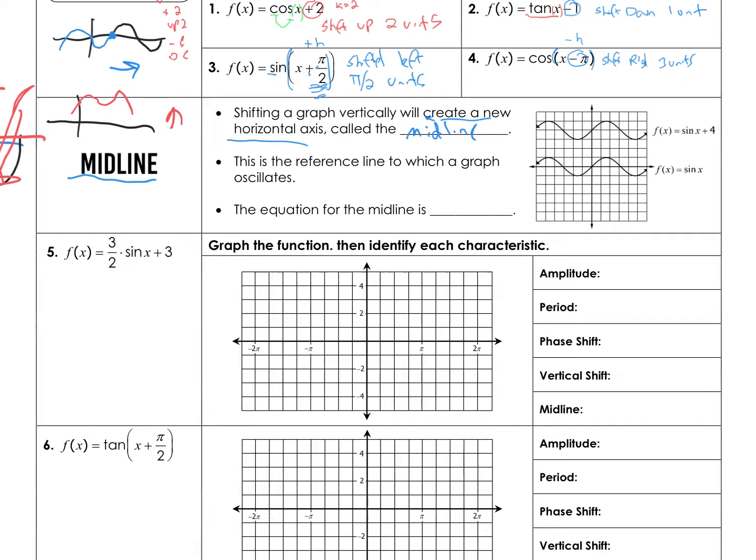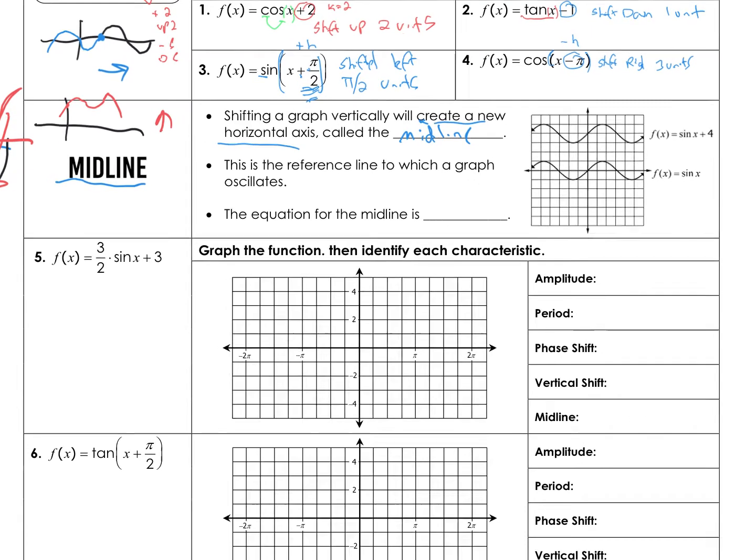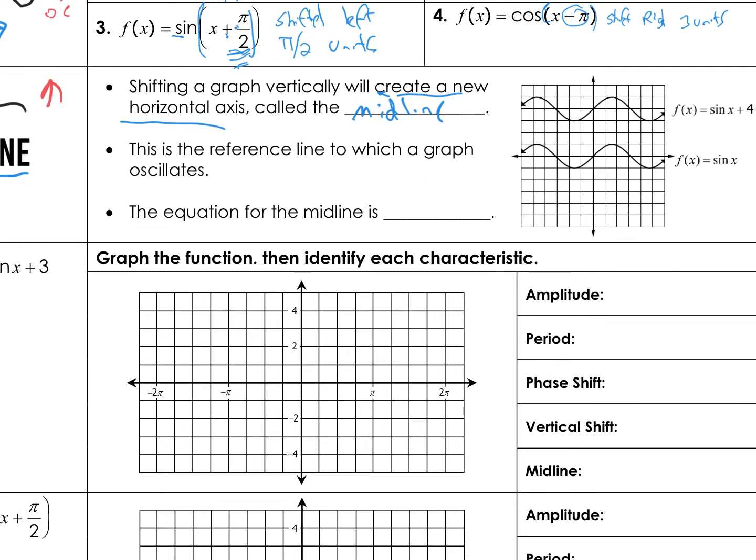But when we shift our graph up or down, the midline has to move just as well, okay? This is the difference. This is the reference line to how a graph oscillates. Oscillates means goes up, goes down, goes up, goes down. And the equation for the midline, I think what he wants to say is